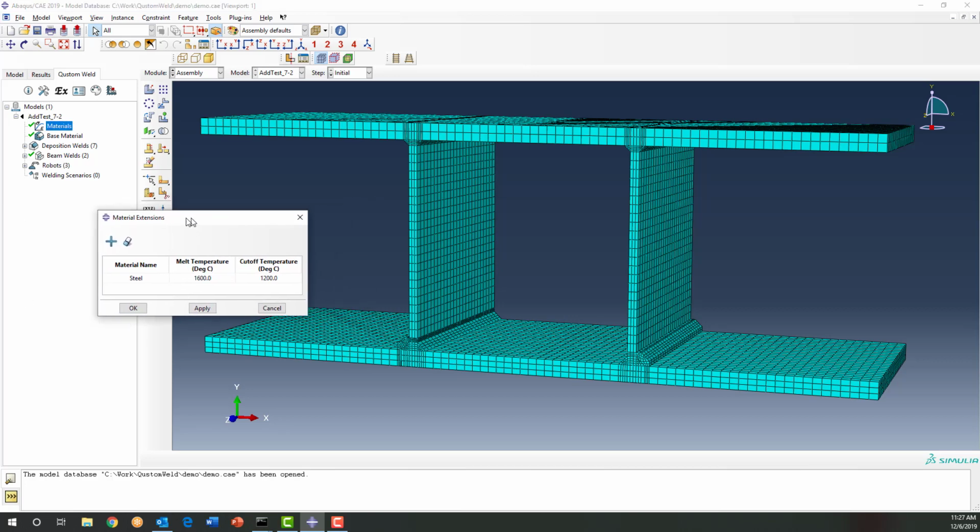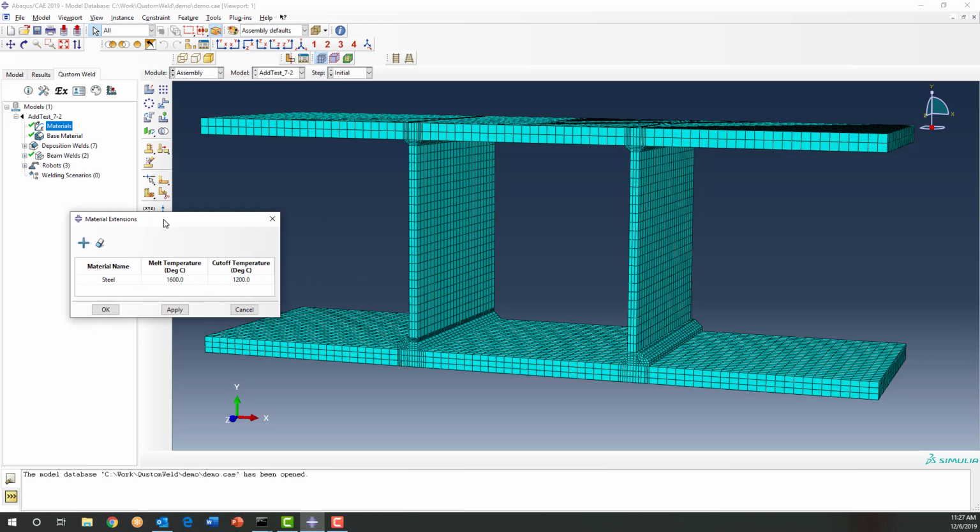So essentially this is just a table of additional properties that the QustomWeld tool needs in order to do the welding analysis. So the steel is a material that's already been built into Abaqus CAE, and it may have the thermal expansion, the plastic properties, elastic, and so on and so on. So it has everything in there,